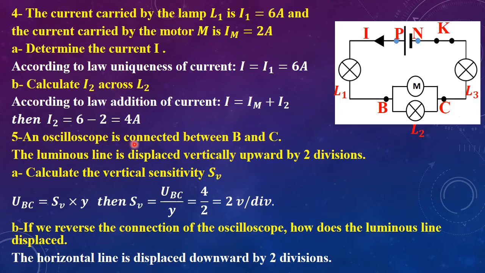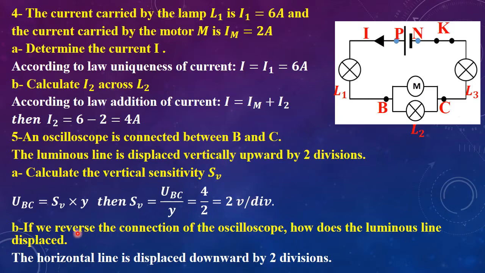An oscilloscope is connected between B and C, between these 2 points. The luminous line is displaced vertically upward by 2 divisions. Calculate the vertical sensitivity. To find the vertical sensitivity, we know that U between B and C is equal SV times Y. We have UBC and Y, then we find SV equal UBC over Y, 4 over 2 equal 2 volt per